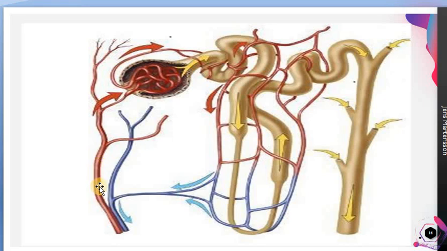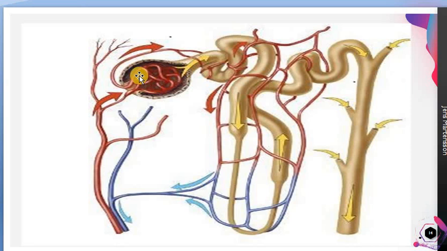So this is a branch of the aorta. The aorta gives rise to a branch which goes to the kidney. So what would be the name of this artery? It comes to the kidney. The key term there is renal, isn't it? So this is the renal artery. And the renal artery produces so many branches. Here itself you can see 1, 2, 3, 4, 5 branches. The renal artery produces so many branches, and each branch will enter into one nephron.